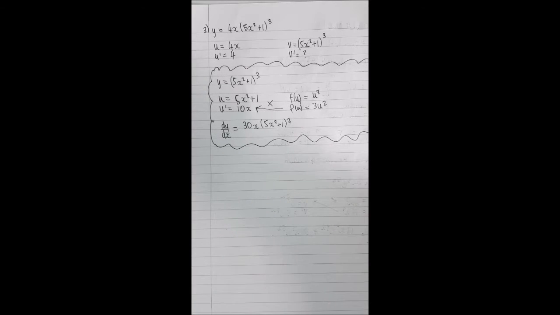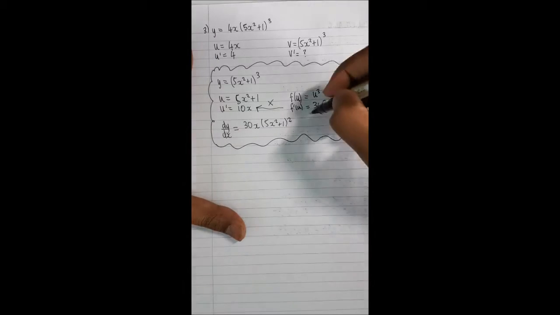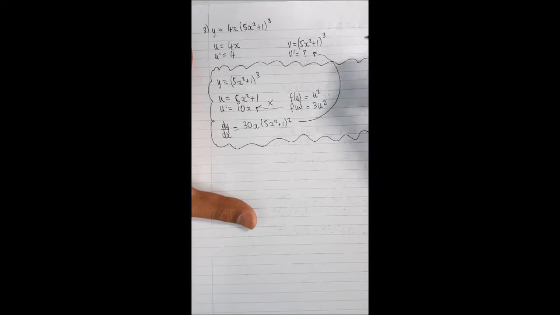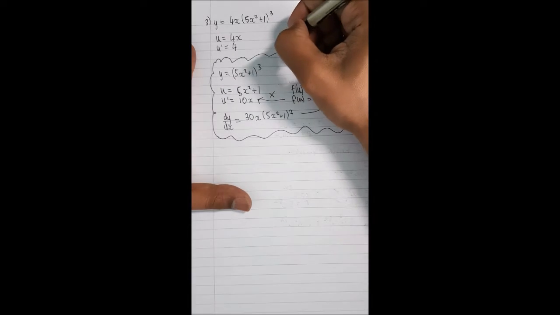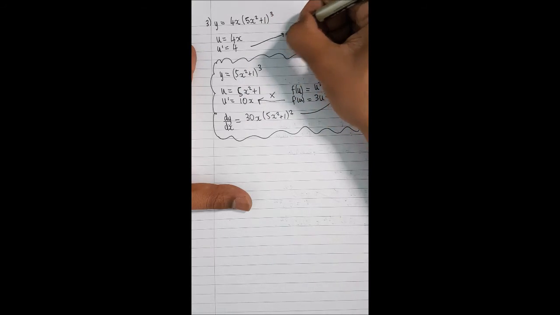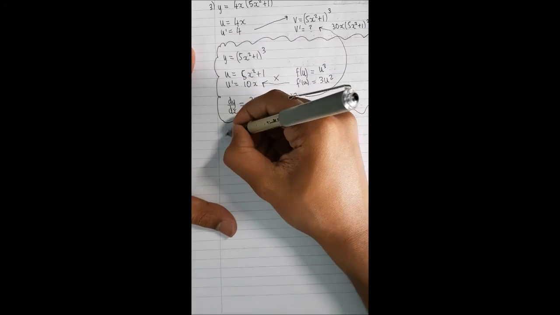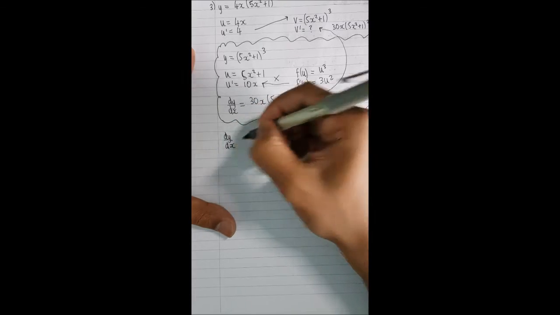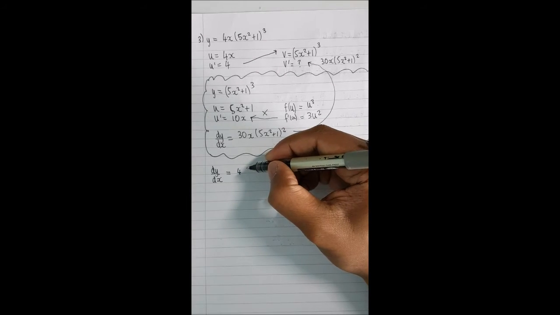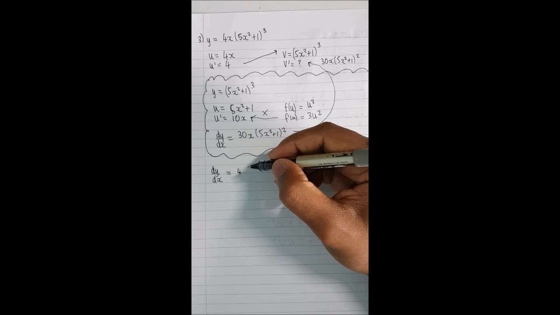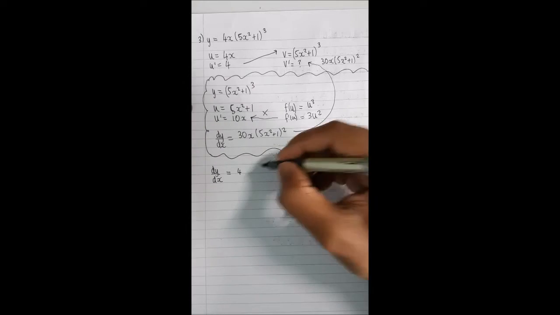So this is now our expression for v prime, and we can go ahead and substitute that right in. So let's just write that down. We have 30x all into 5x squared plus 1 all squared. Now remembering that we are applying the product rule here, we have to multiply diagonally and then add together. We end up with dy by dx is equal to u prime times v, which is 4 into 5x squared plus 1 all cubed,